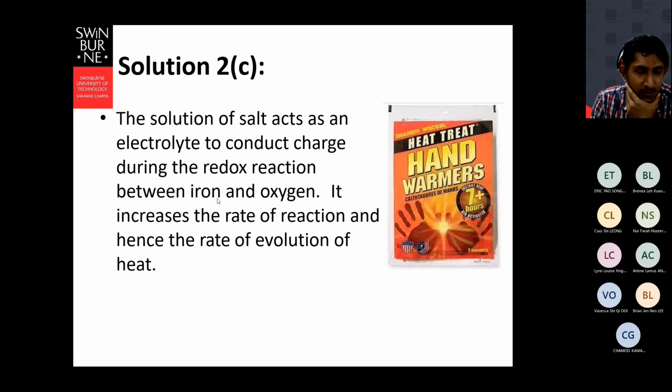So if we add salt, because we know that salt is an electrolyte, an electrolyte transfers the electron in a faster and easier way, so that the reaction will be faster, and the heat will be uniformly produced from all over, rather than just mixing with